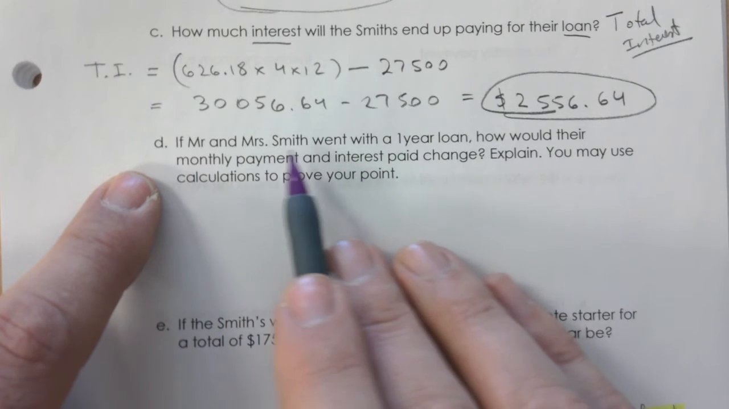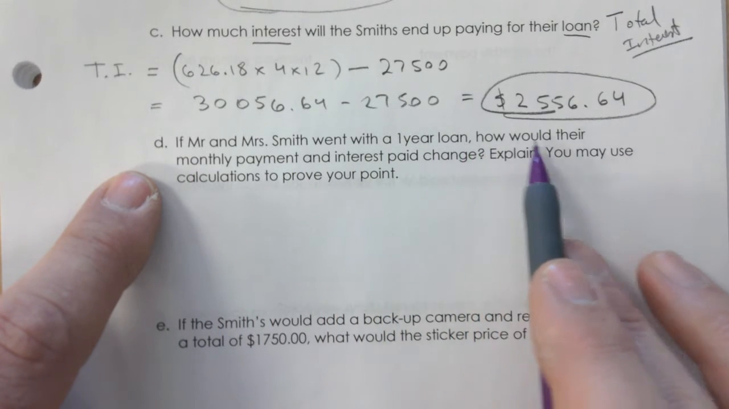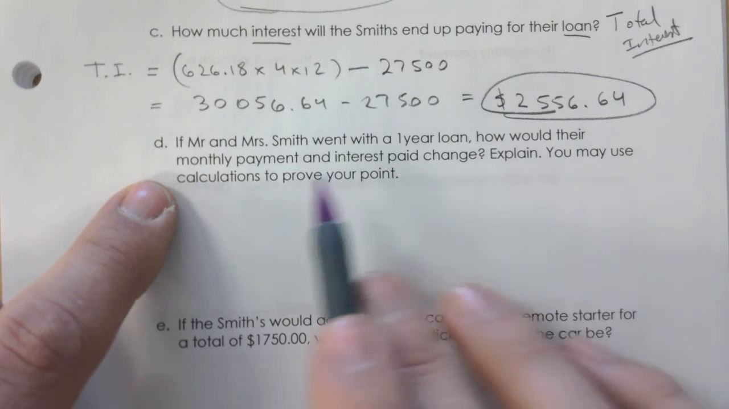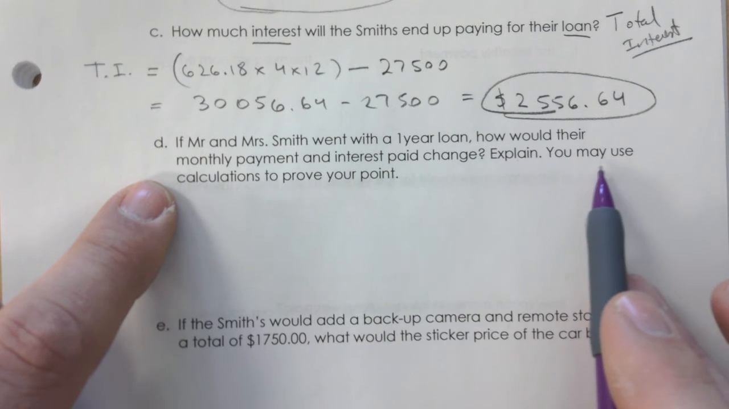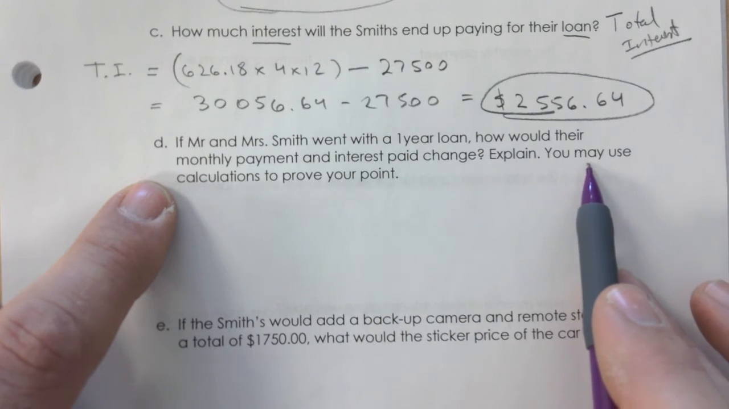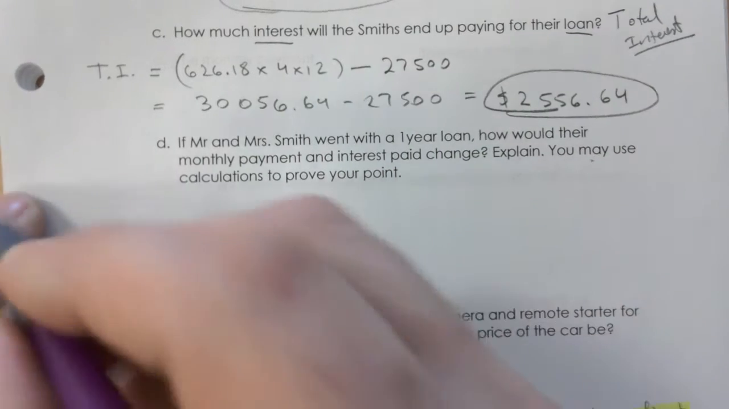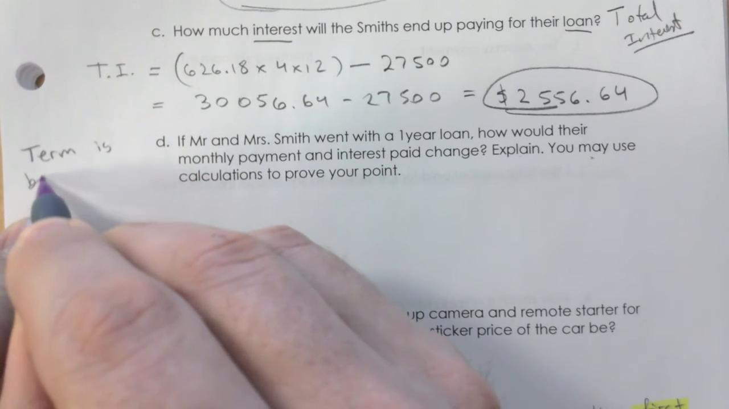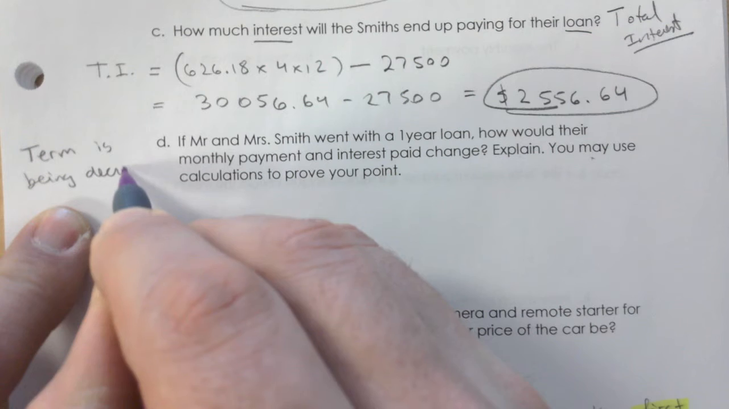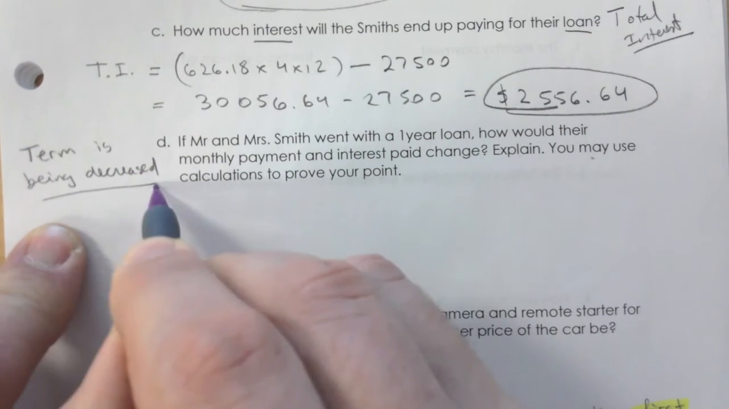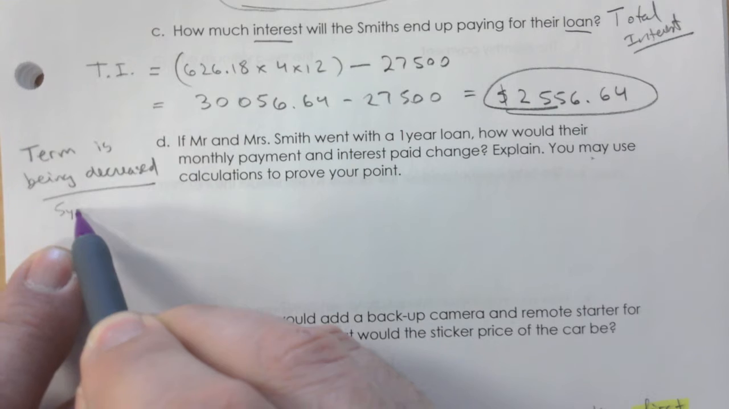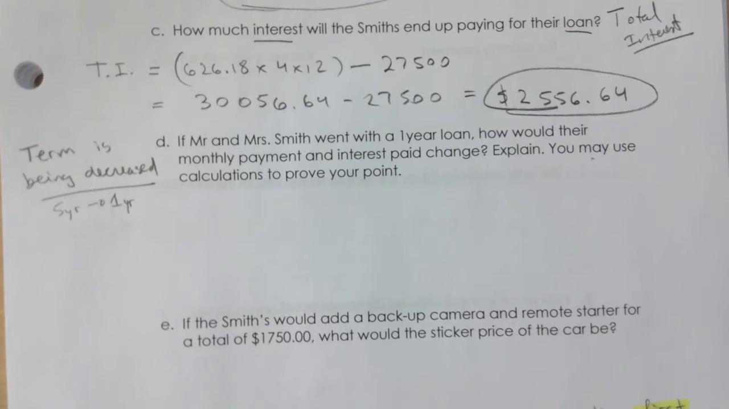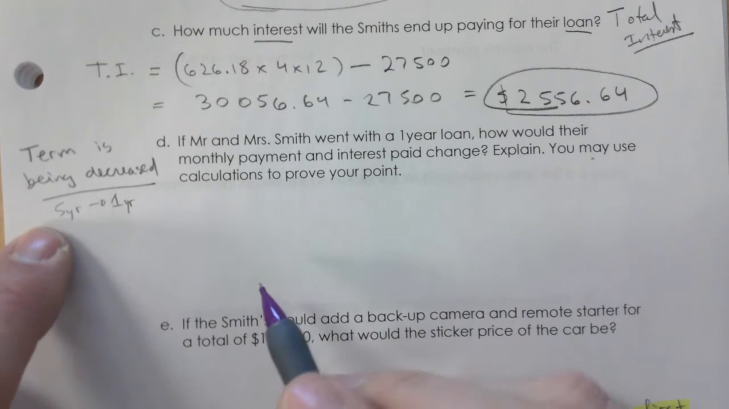D, if they went with a 1-year loan, how would their monthly payment and interest paid change? Explain. You may use calculations to prove your point. You may, okay? You don't have to. But what happened here, right? Term is being decreased. Okay? That's what's happening here. You're going from a 5-year to a 1-year. And on one of the pages before, we talked about what happens, right? If you're reducing your term,